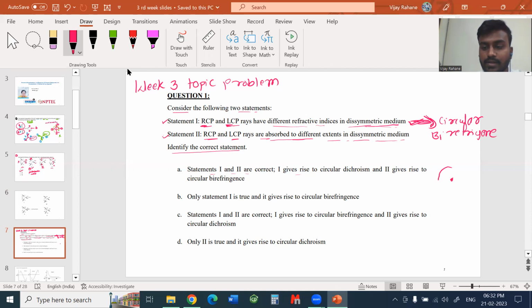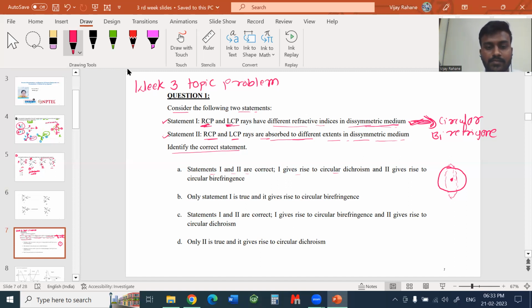The difference in the electric field, so the resultant vector is called elliptical, right? Elliptically polarized. The ray will be elliptically polarized. So in this one, this first option is not due to